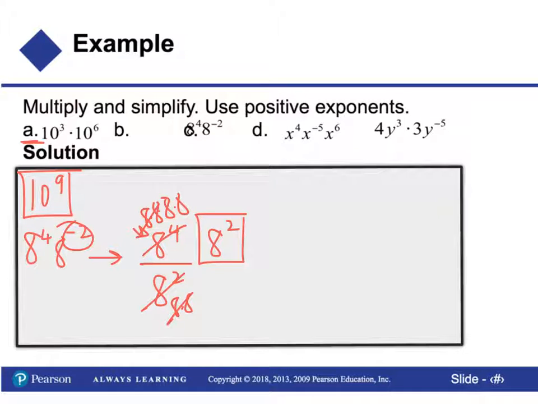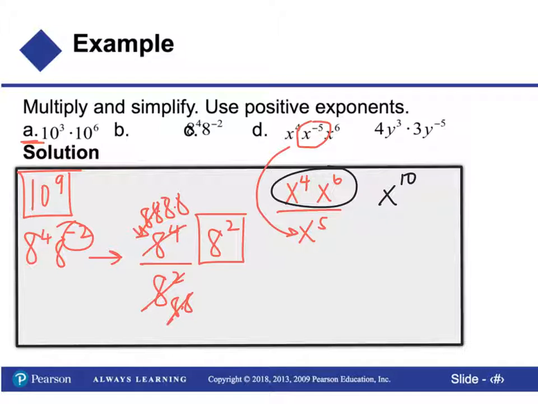Cancel, cancel. Kind of do the same thing with D. We have x to the 4th, x to the 6th over x to the 5th power. Why? Because x to the negative 5 will become x to the positive 5 if we move it to the denominator. Now in my numerator, I have x to the 10th, and in the denominator I still have x to the 5th. 5 of those x's are going to go away, leaving me with a final answer of x to